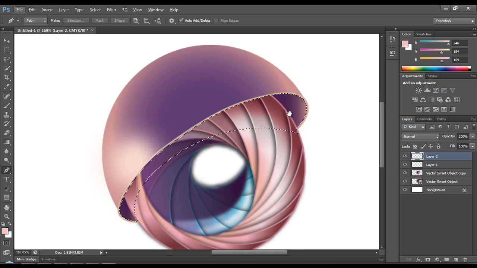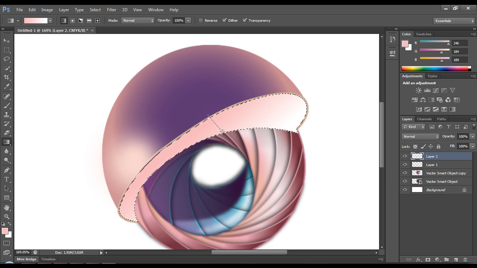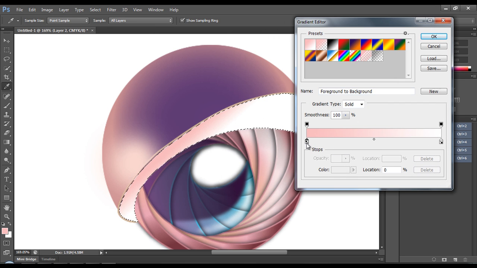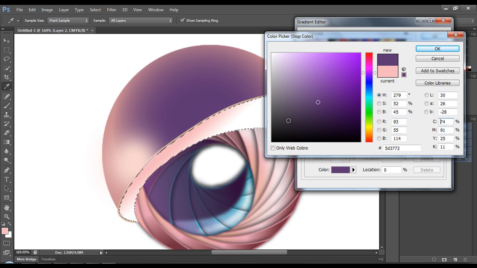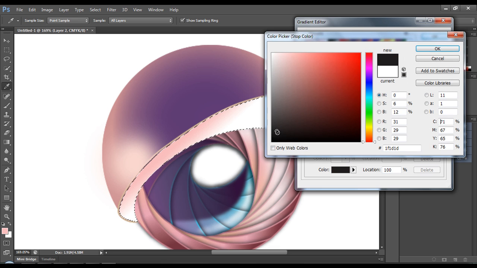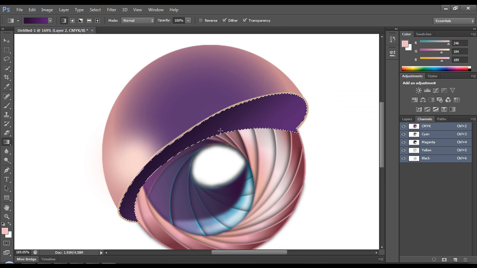okay, and let's fill this out with some color. So I'll use maybe a gradient color. I'll select the gradient tool, double click on it, let's apply some gradient color, and choose some color. So for the first one I'll use the dark purple like that, and here maybe a little bit lighter purple, and click OK. Now let's fill this up from darker to lighter like that, and yeah, it's looking great.